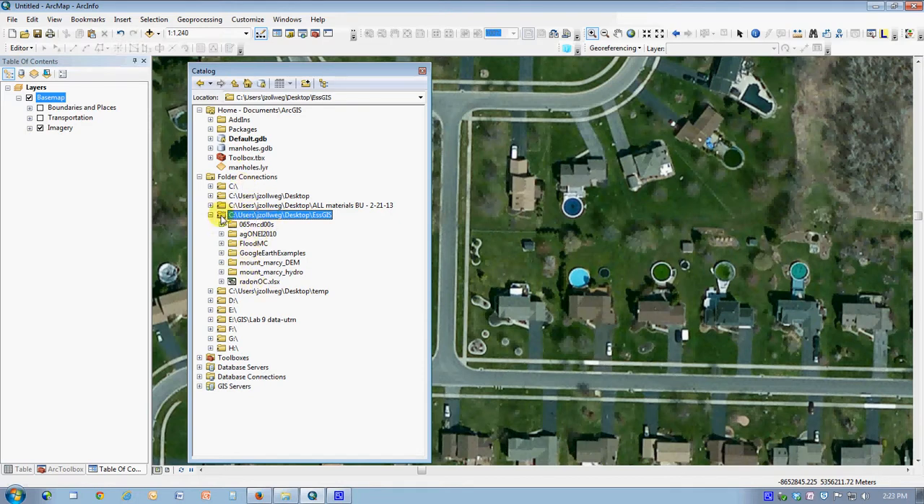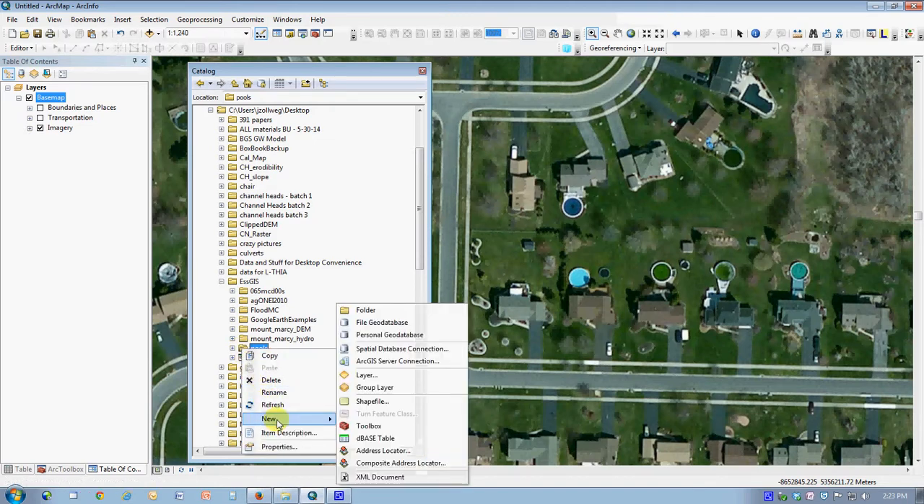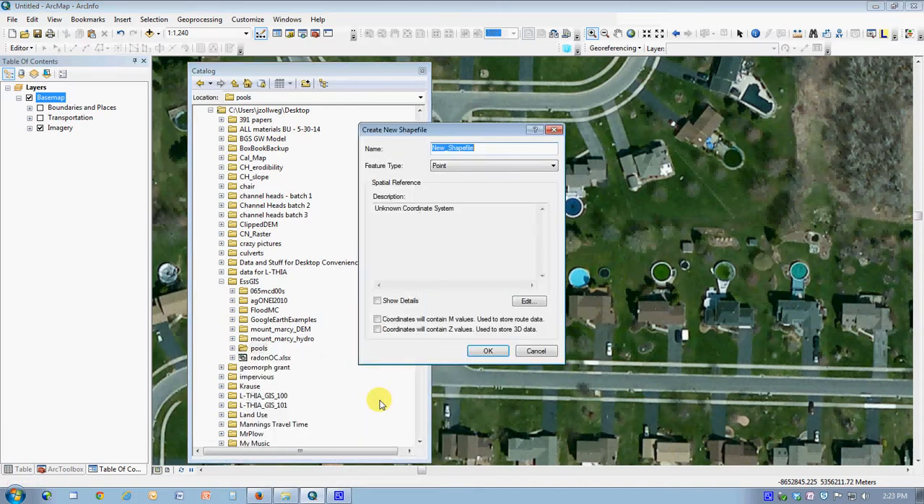So I think the first thing I'd like to do is ask for a new folder inside of my Essentials of GIS folder. We'll call it Pools. I haven't created a data set yet, just created a folder. And there's Pools. Now what I can do, and this is something new that's very different than what you've seen, is I can right-click on this folder and ask for a new shapefile. So we're going to create a brand new shapefile, and it doesn't have a name or anything. We'll call it